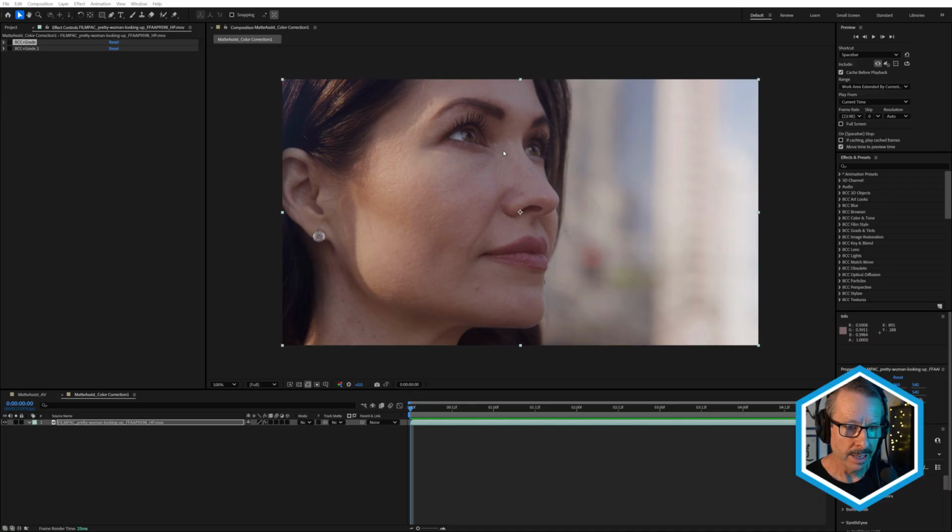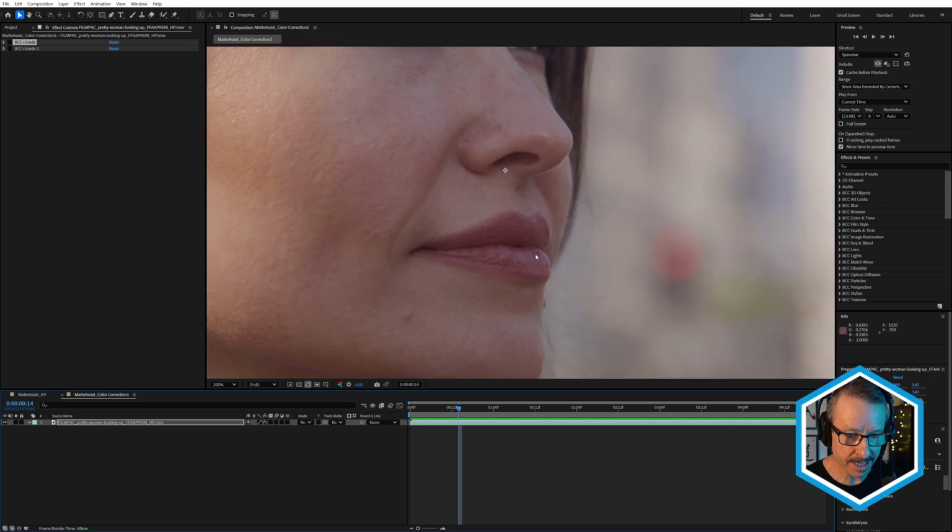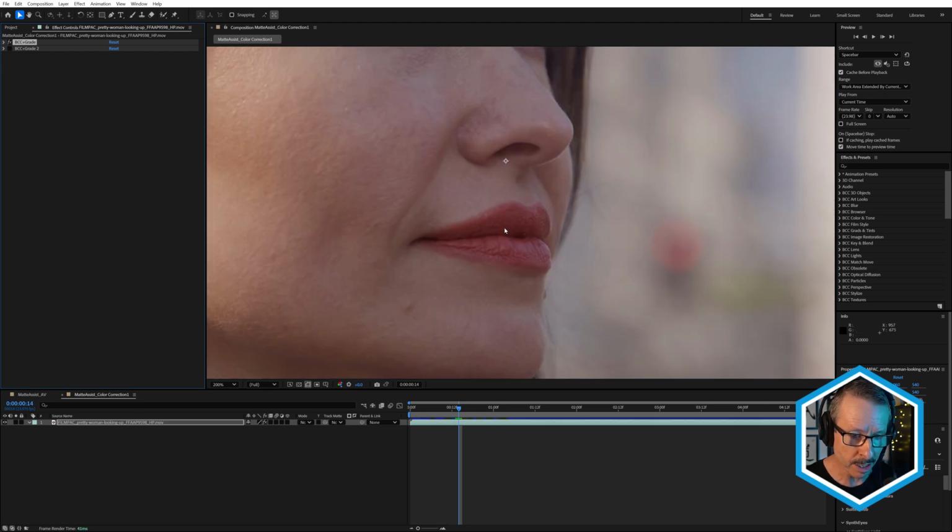So let's take a look at a couple of examples of that. In this example, I've done some subtle color correction to the model's eyes and lips. So I've used BCC Plus Grade for this. So just take a look at the lips here. I'm going to turn this one on. And you can see, just enhance those lips just a little bit. Once again, using Matte Assist ML. I won't launch Mocha for this one, but let's take a look at the other one.